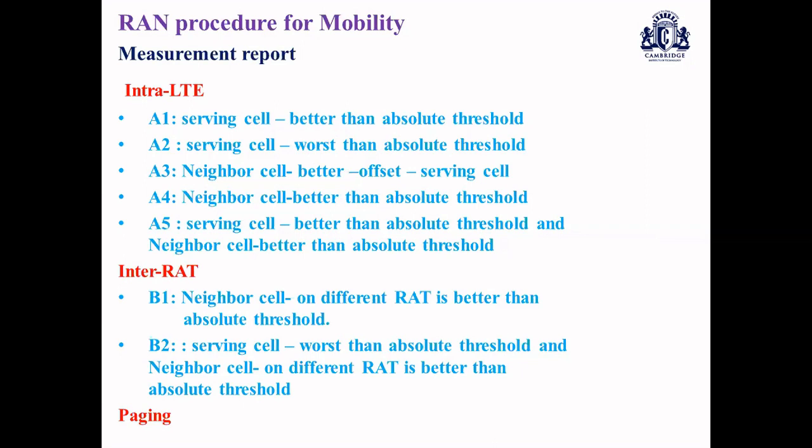In order to reduce power consumption, the UEs may also use discontinuous reception in the idle mode. After receiving the paging message, the user entity can switch off its receiver to preserve battery power. So these are some of the procedures which we need to follow with respect to RAN in terms of the mobility aspects.